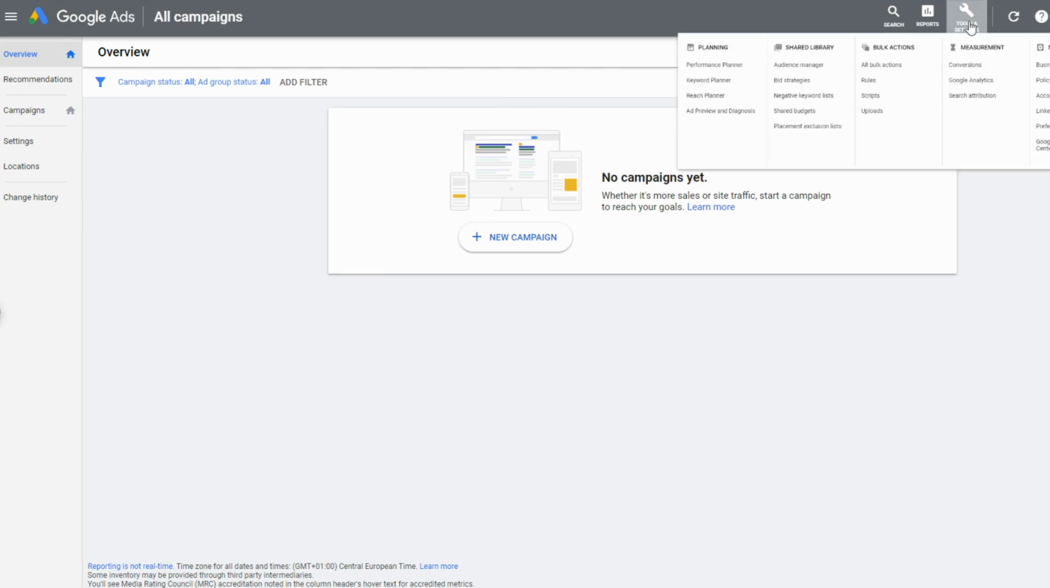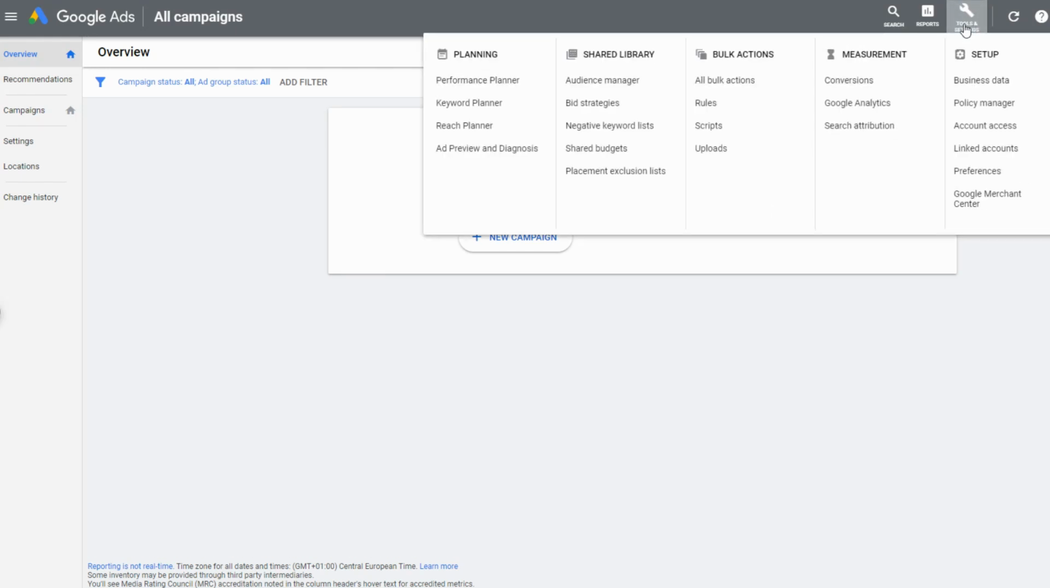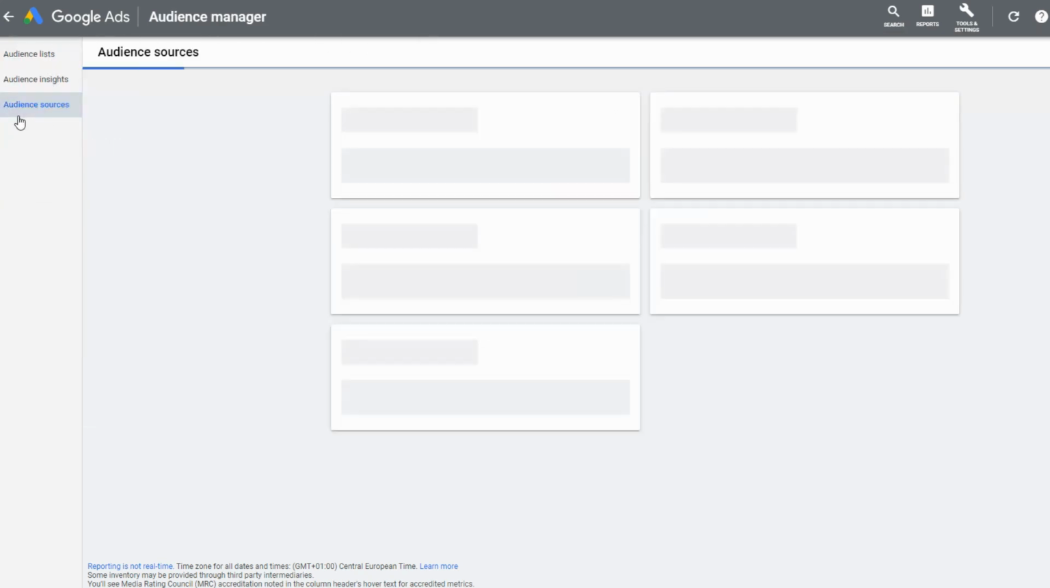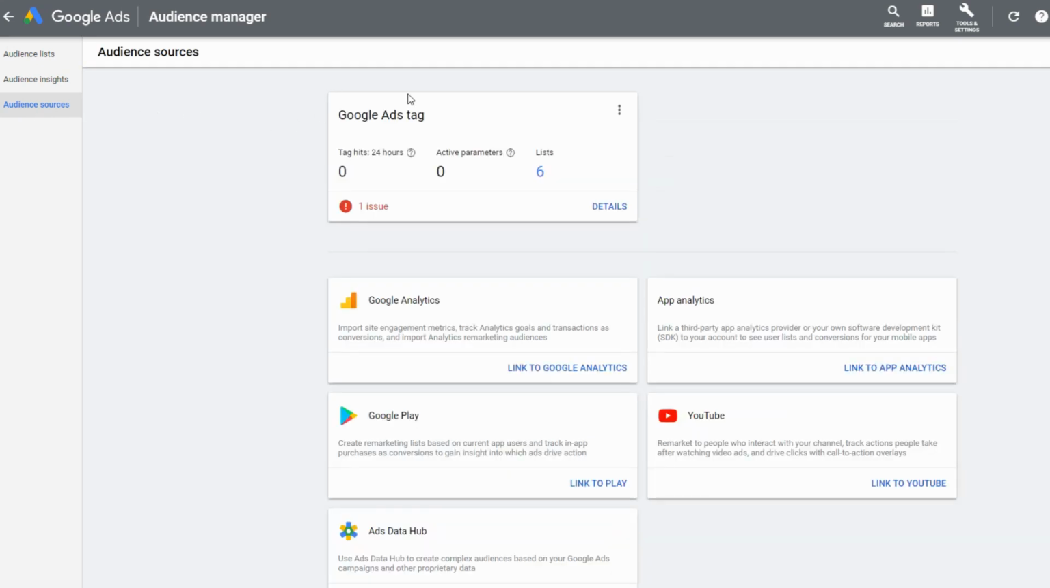Sign into your Google Ads account. Click the Tools icon in the top right corner of your screen. Then click on Audience Manager under Shared Library. From the page menu on the left, click Audience Sources. In the Google Ads tag card, click Setup tag. If you already set up a Google Ads tag, you can edit the tag by clicking the Free Data menu